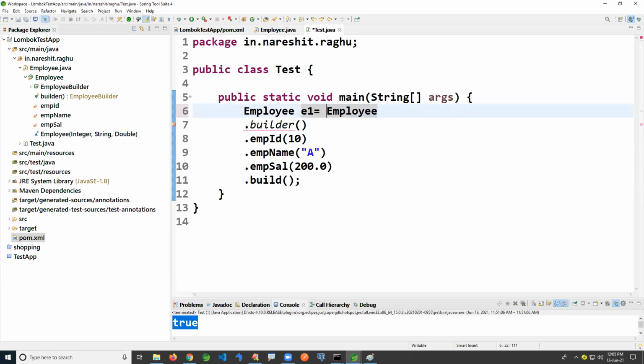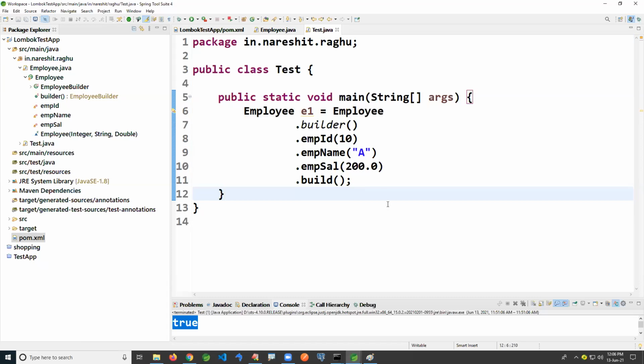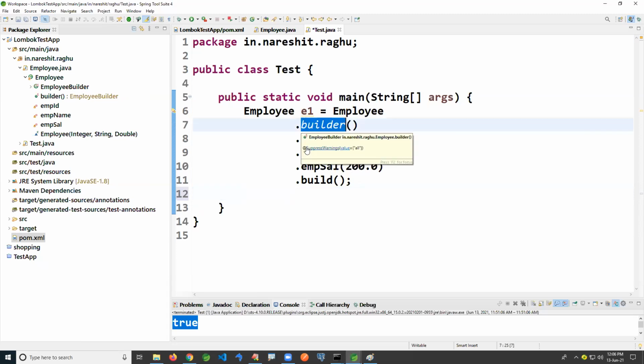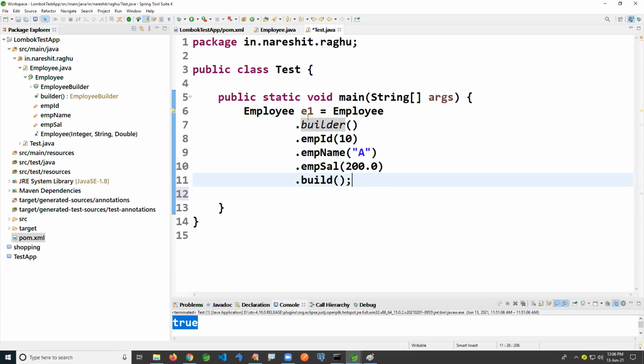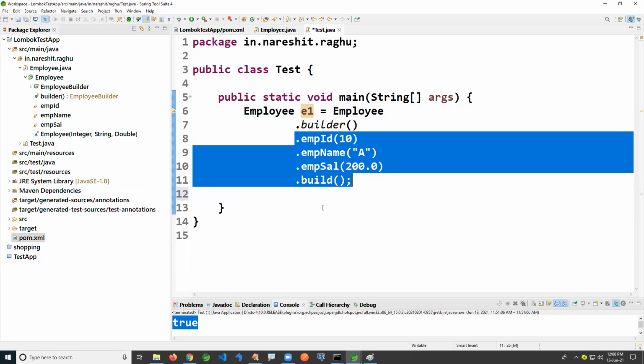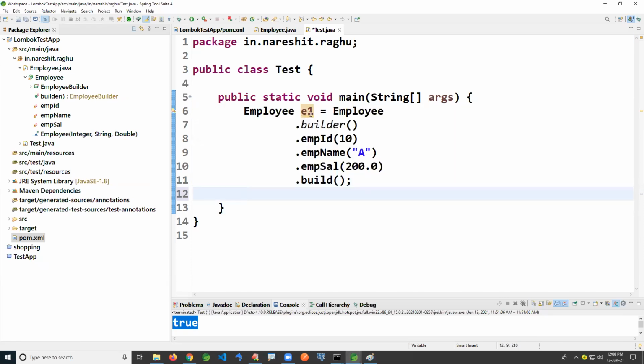If you have lengthy complex logic, the builder pattern is also used. If you don't know the builder pattern, I'll give a reference link in my Facebook group, just go through that. Here the builder process is used to call multiple methods in a single line to create a final object with different inputs. Builder is a design pattern. I'm not explaining what that is here, I'm just showing how to implement it.